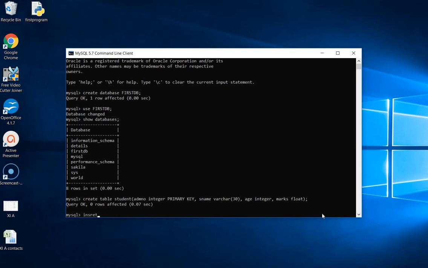Now in this table we are going to insert a record. Insert into student, the table name. Insert into, after that the table name. So right now the table name is student. After that values. What values do you want to insert?